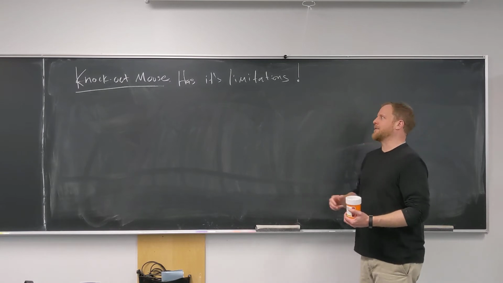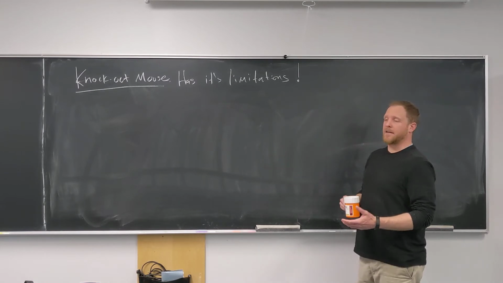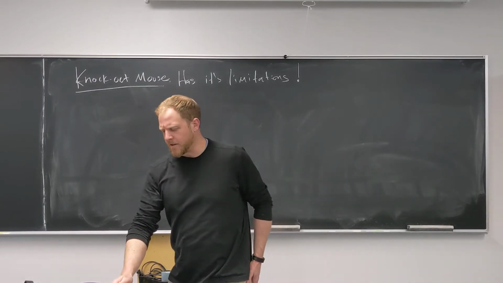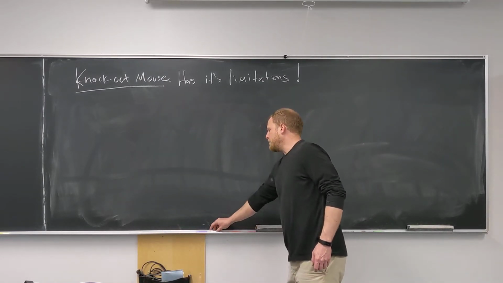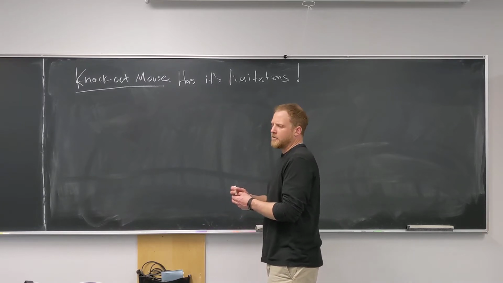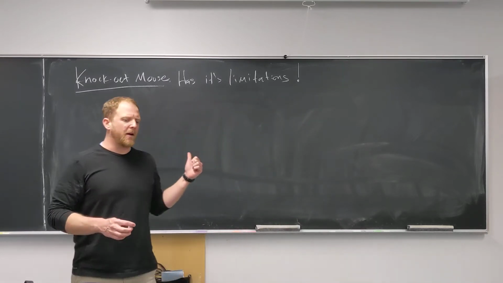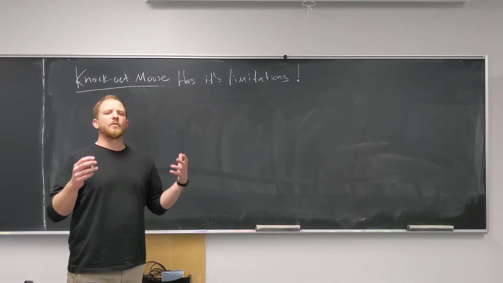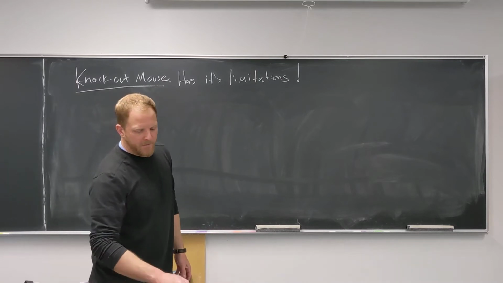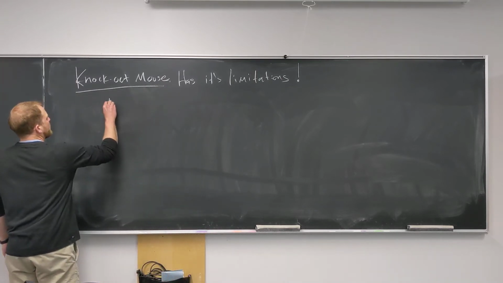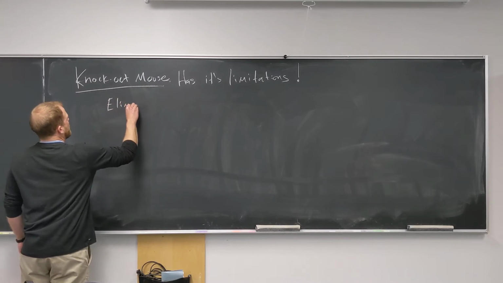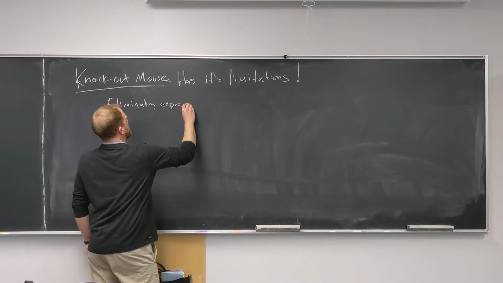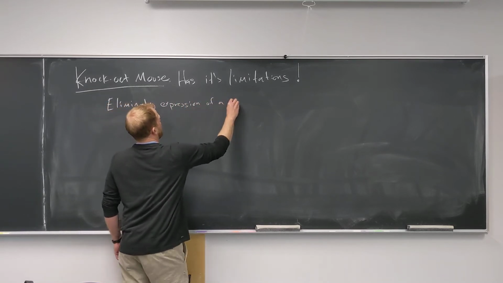All right, so back to genetics. This knockout mouse, like anything else, has its limitations. I teased this in the last video, talking about one of the major challenges you might run into if you make a knockout mouse, which deals with the overall importance of the gene you're trying to study. So one consequence is that sometimes eliminating expression of a gene